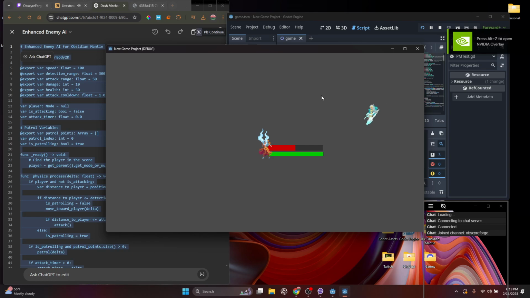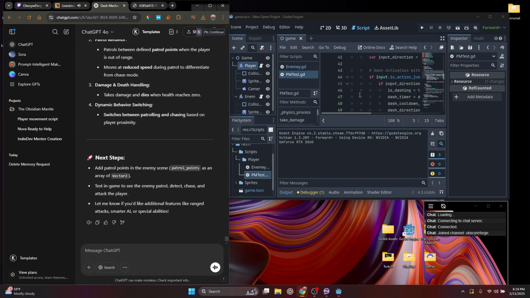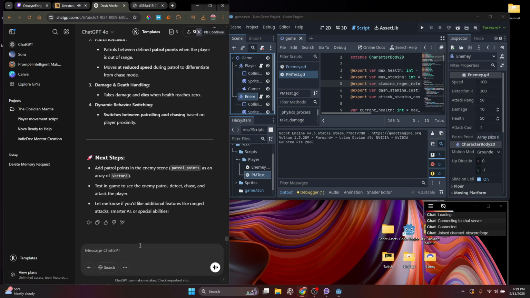Okay, so it looks like we're back to our. Does the enemy follow? Yeah, enemy still is following. Okay. Don't really need patrol points. Okay. Very cool though. So we've tested some enemy AI. It's still obviously not what we want, but